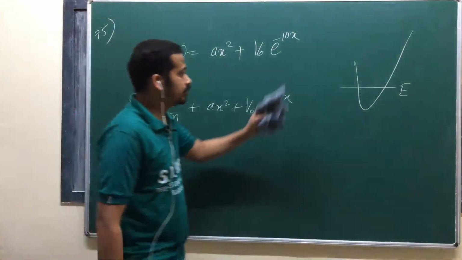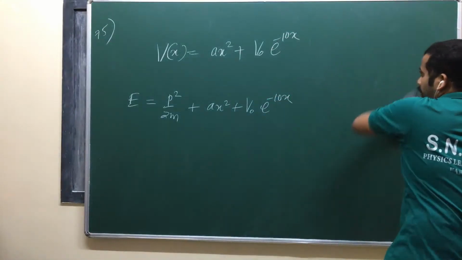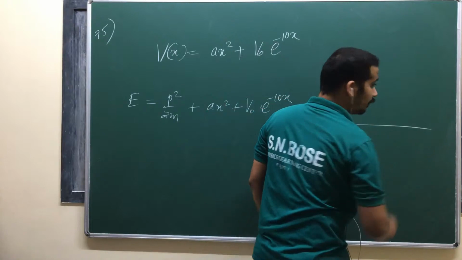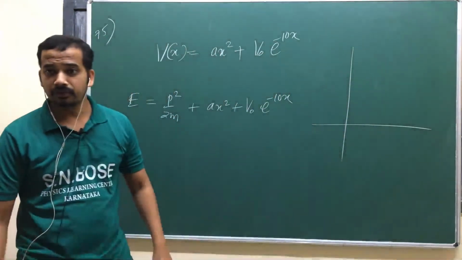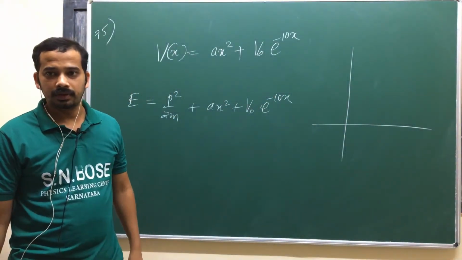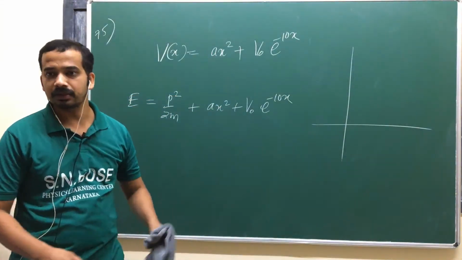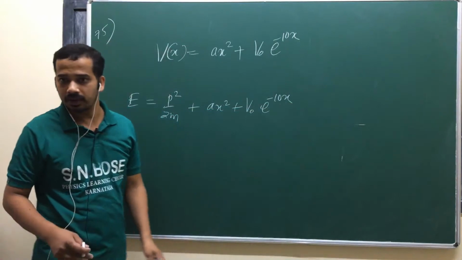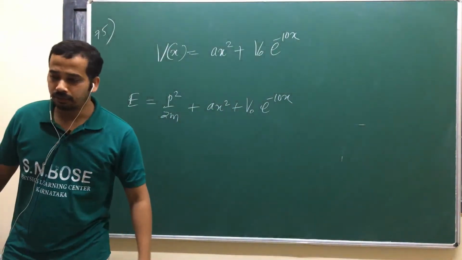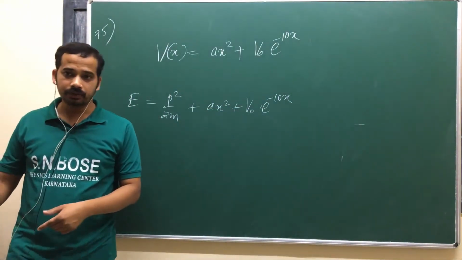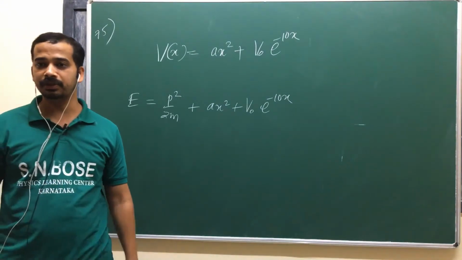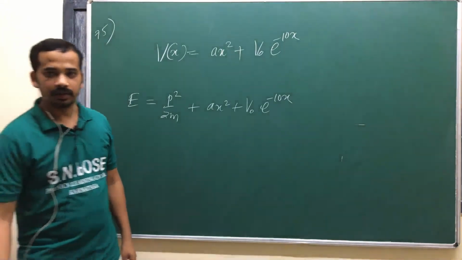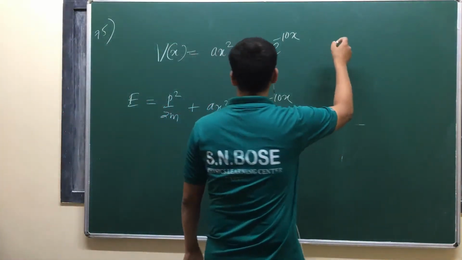But see the potential properly. It has a minima, and where you have that minima, you need to point it out. That again you have to find by the first derivative and second derivative test. You don't have to go for the second derivative test, because by seeing the option, I can say the potential has a minimum, because it should have a bound state. So that's why I will go only for the first derivative test.